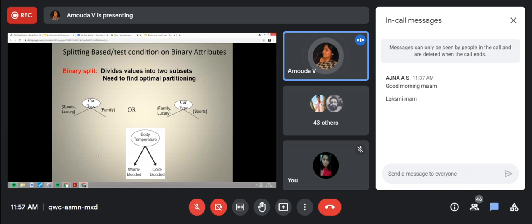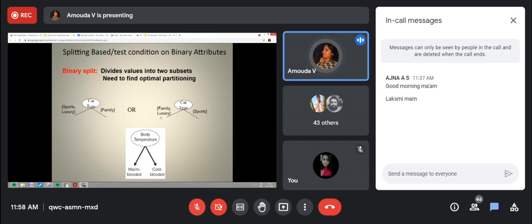So here, if you take binary attributes, here you can see car type: sports car type, luxury type, or family type. This is categorical, so any way you can split. You can see here sports and luxury are put in one group and family in the other. According to the attribute type, you can change the grouping of family, luxury and sports.